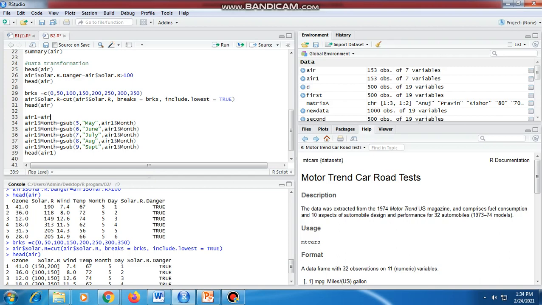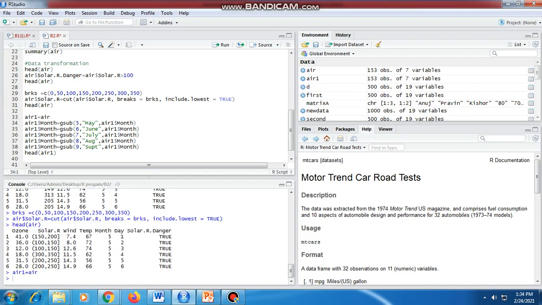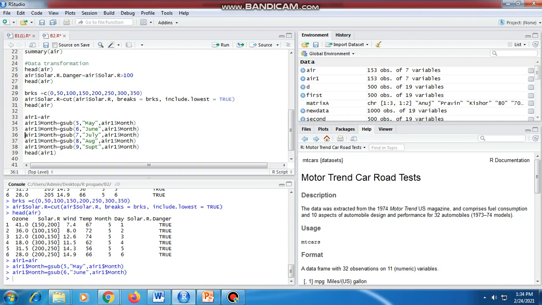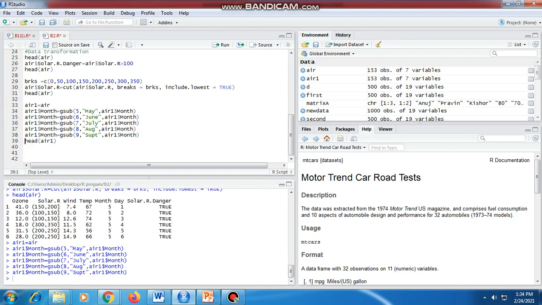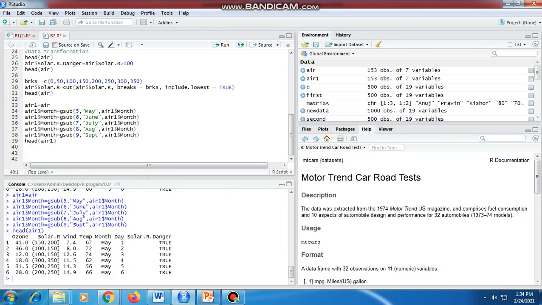Now we save it in another variable, year1, and here what we have done is, instead of printing the month number, we assign the month name with the help of the gsub function. 5 is replaced with May, 6 with June, likewise 9 with September in the year1$Month column. We execute this gsub statement, assign the values and print the head. Now the month number gets replaced by May.